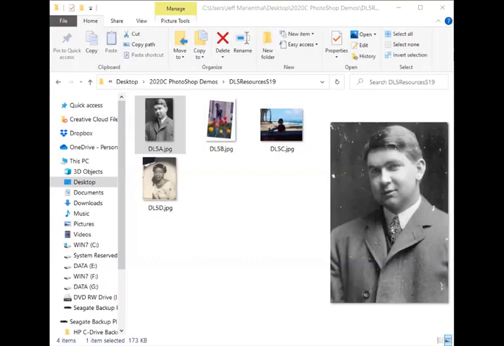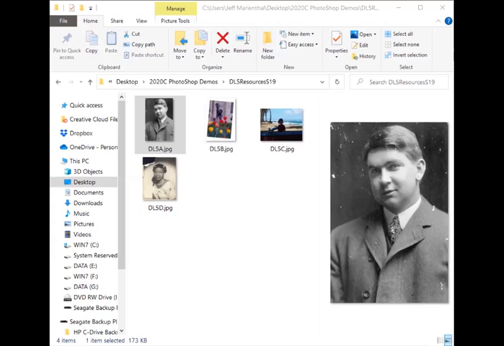Design Lab Project 5. DL5 consists of 4 parts: DL5A, DL5B, DL5C, and DL5D. Each one will teach you a little more about non-destructive editing techniques and making image adjustments and image corrections in Photoshop. 3 of these are borrowed from an early Adobe Classroom in a Book set of tutorials. I do a little more with them than Adobe did with them because I think there's more to be gained